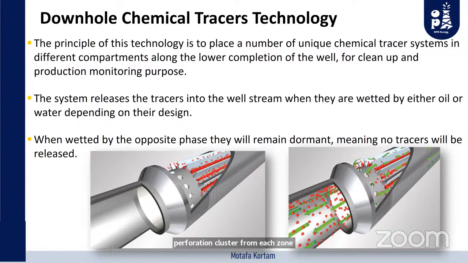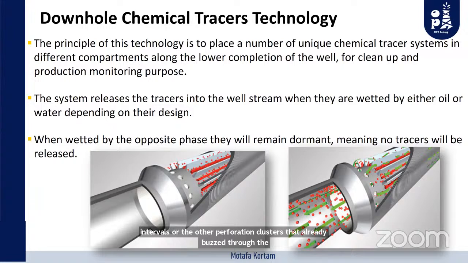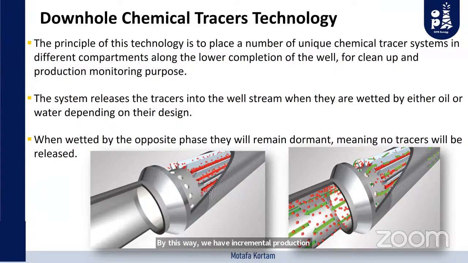Then it will be flowing up to the surface, combining with other productions that come from either the other intervals or the other perforation clusters that already passed through the tracer. This way, we are having the commingled production from all intervals and from all the tracers. Each tracer is indicated for a unique perforation or a unique zone. So we will know the contribution of each zone by knowing the amount of the tracer in